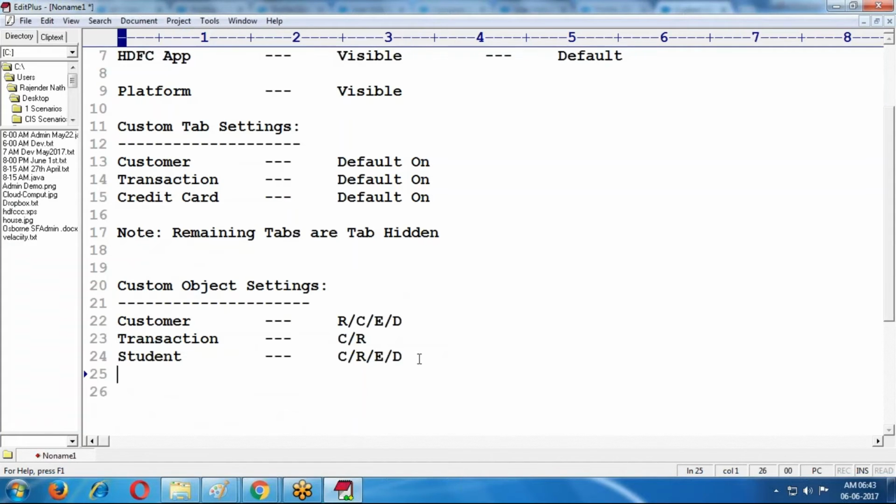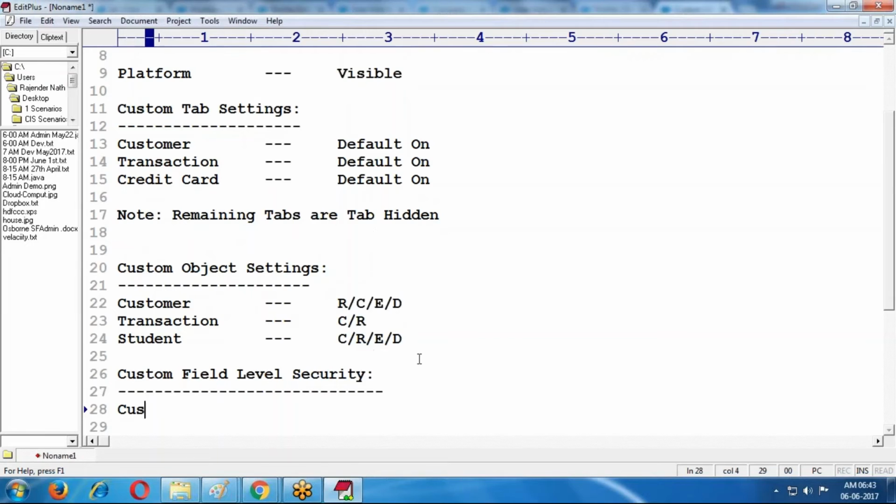Now custom field level security. In the customer object, account type is a field, account type visible.